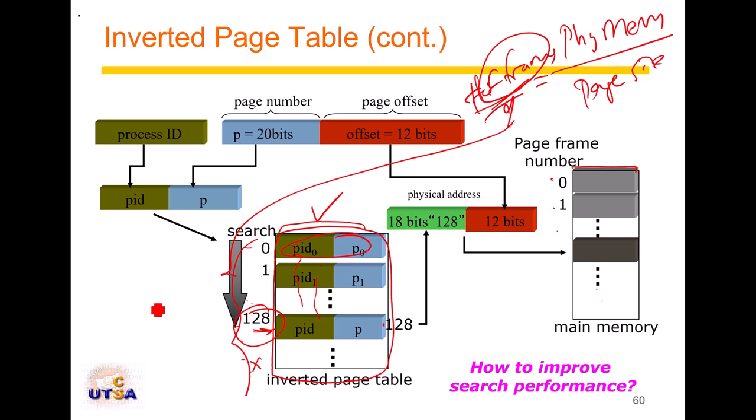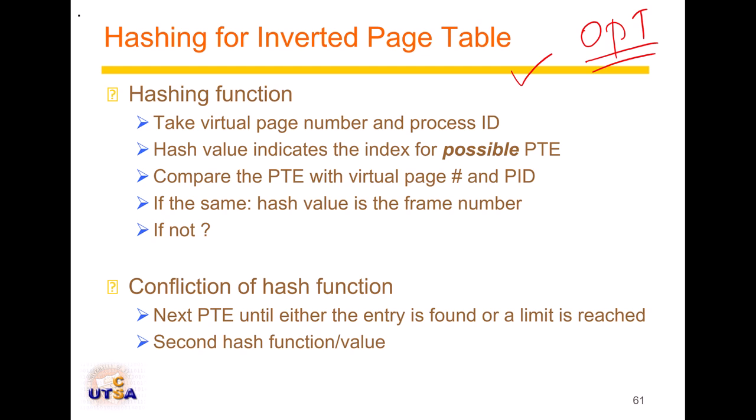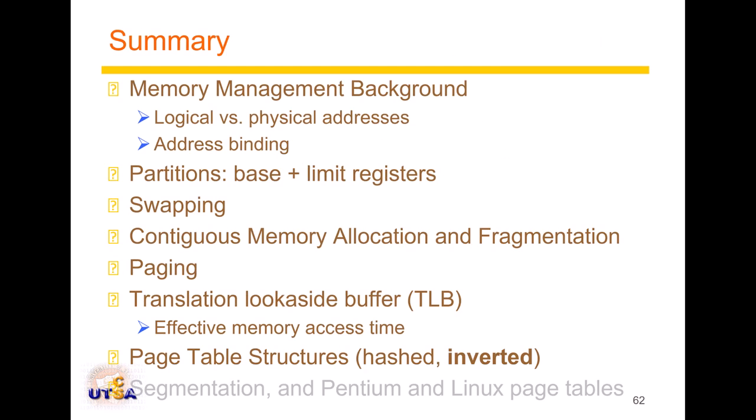Okay, and then in general, you have 2 to the power f entries times the size of each entry. In this case, usually each entry has at least the bits for process ID and p bits, and then some control bits. So again, try to make the whole thing 2 bytes, 4 bytes, 8 bytes. Okay, so you can make these assumptions here, and that will be the size of your page table basically. Okay, so let's just finish up that whole thing with a